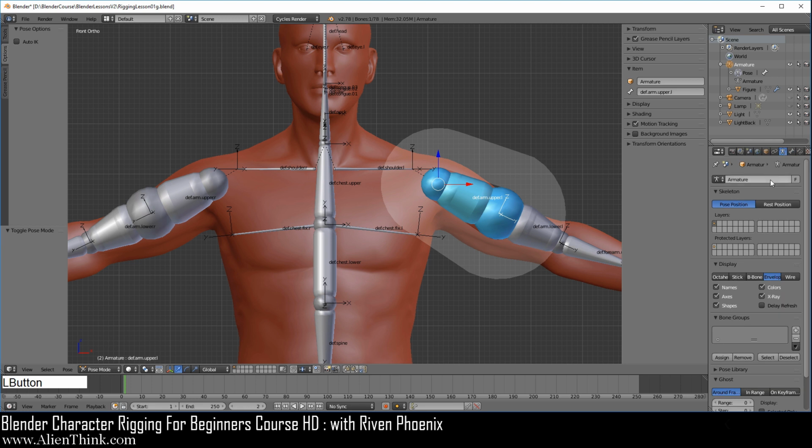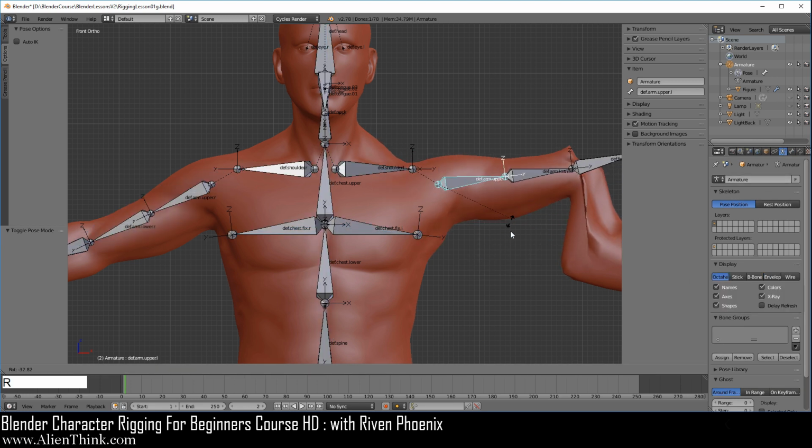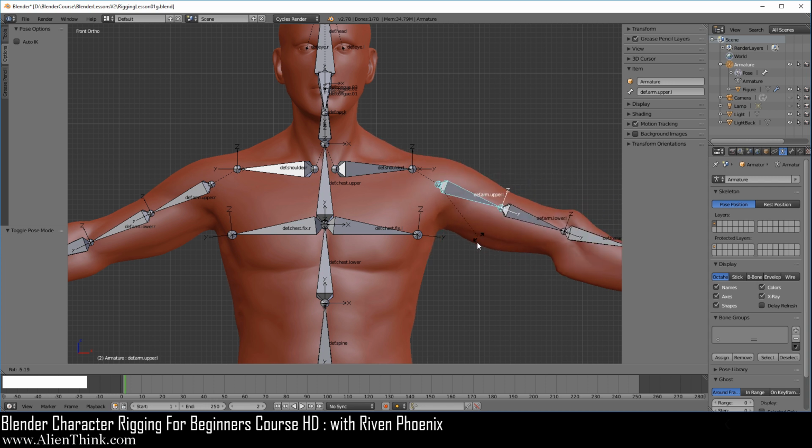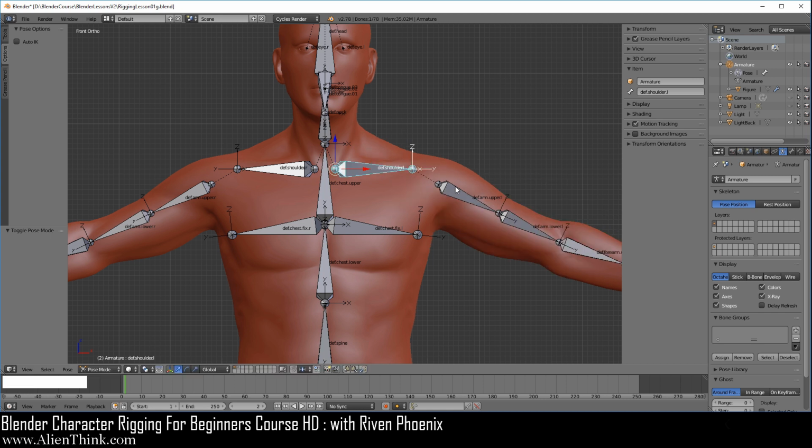you can actually click over here and switch back to octahedral. Now when you press the R key, you'll see that we're starting to now deform this character. Definitely this is much more difficult to work with when you're dealing with organic characters.